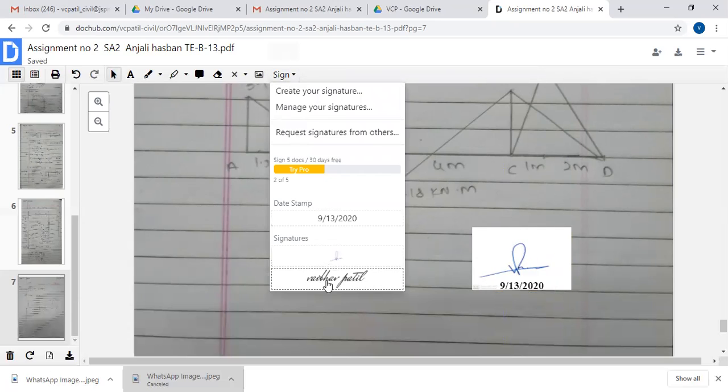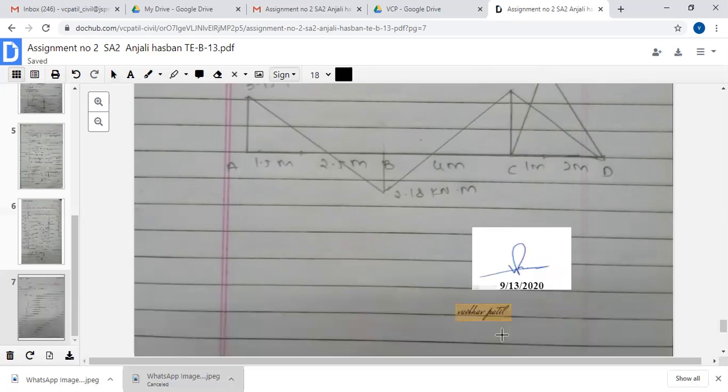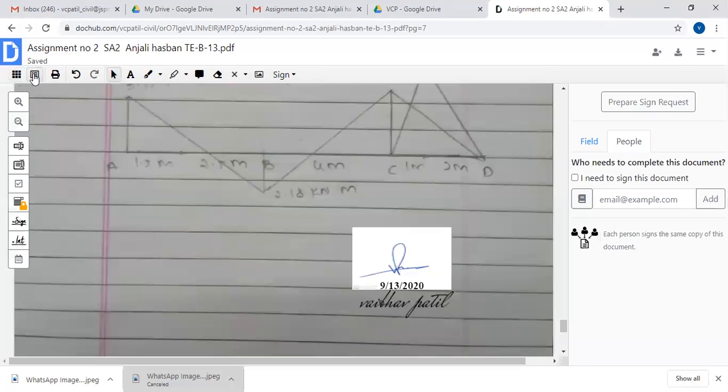Now again I want to give my name. So see here, I am putting my name here, and this is increased if I increase this one. Okay, so like this my checking is completed, means on the last page I'm putting my sign, date, and my name, and then I want to give the marks. Again, if I want to give the marks, so move here into the left hand side.